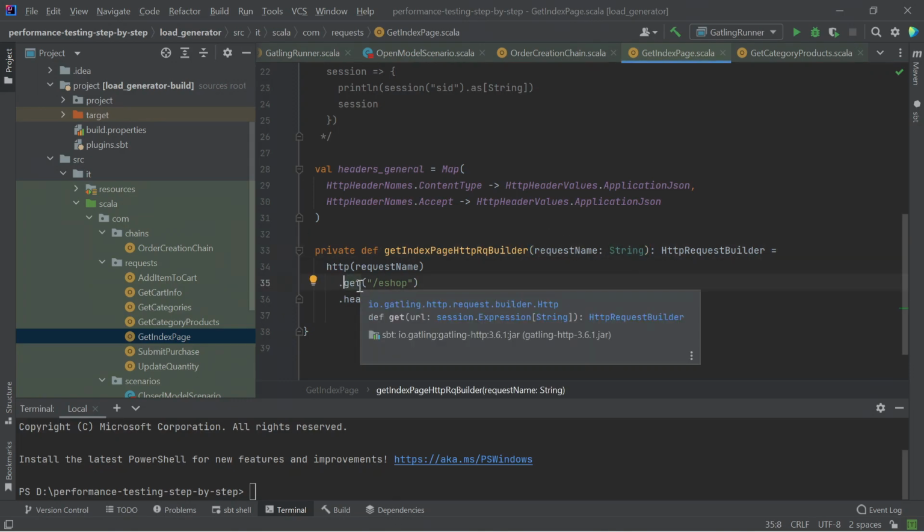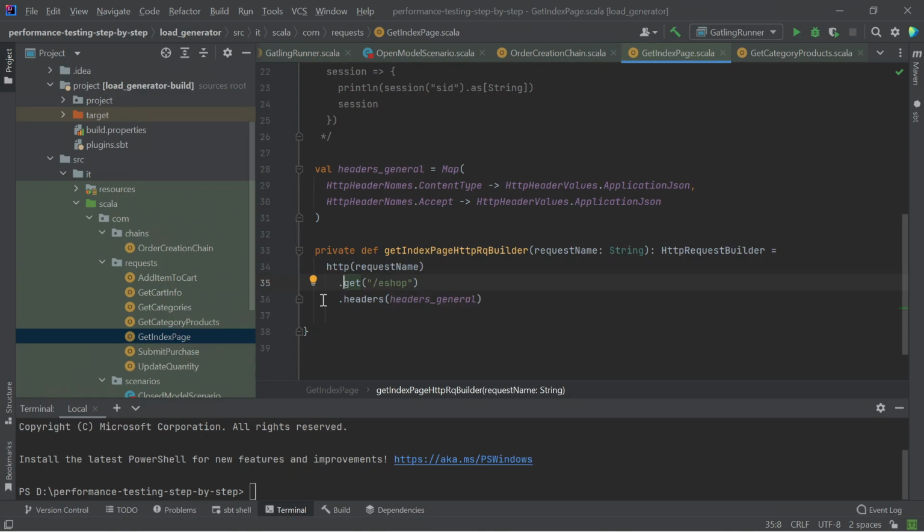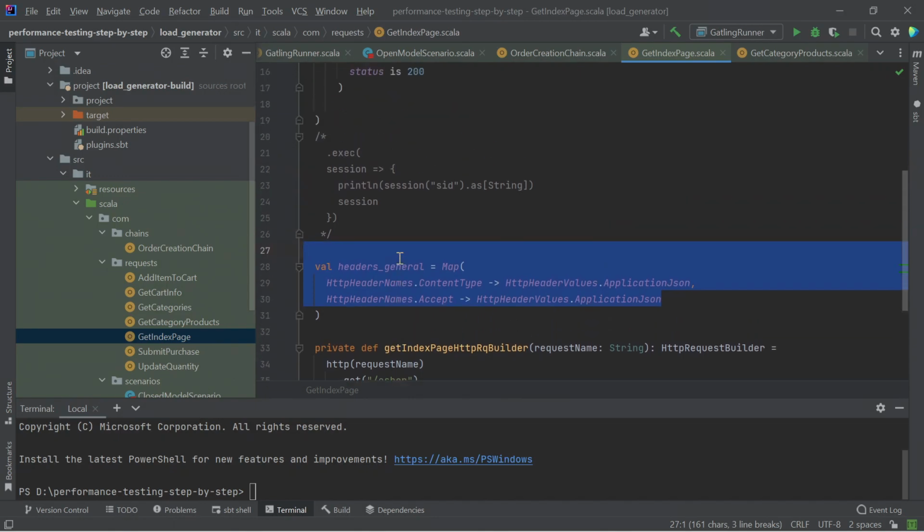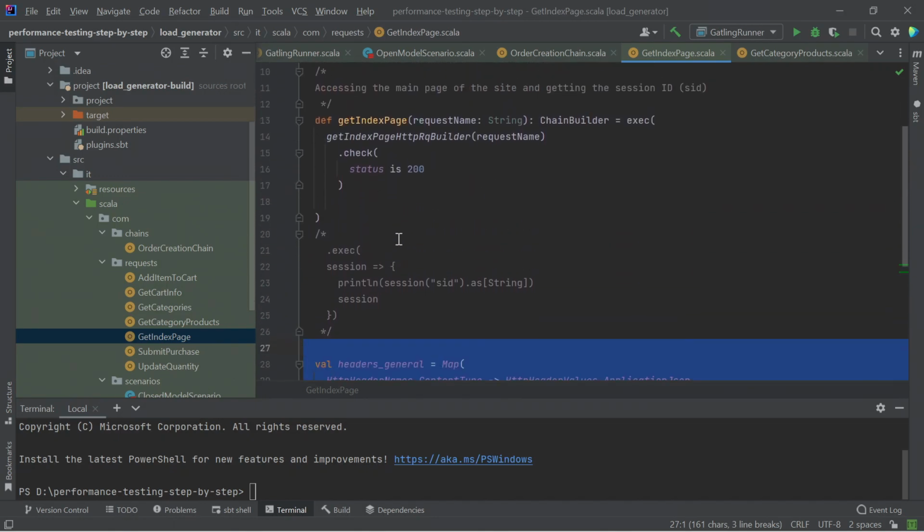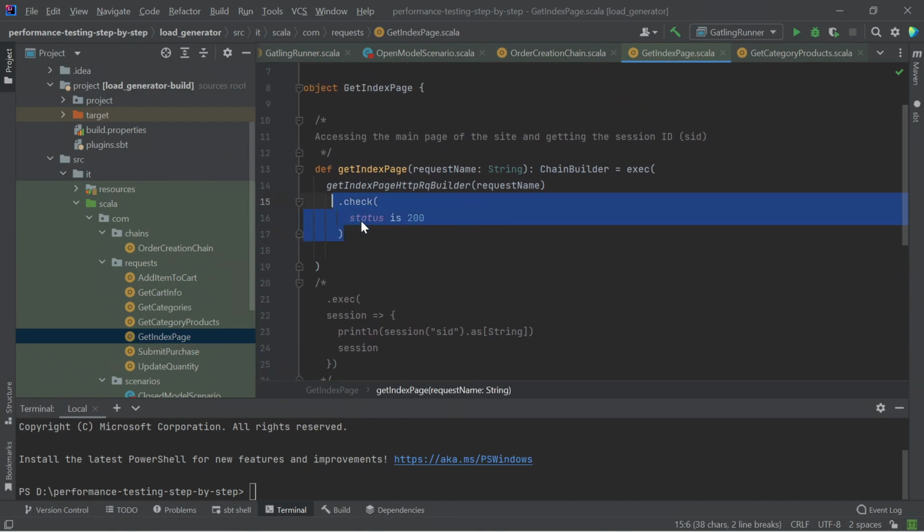After that, the request method is specified, as well as various headers. Then the request is sent and we can process the received response. For example, in this case, we expect the response code to be 200, which indicates successful processing of the request. The same is for each request.